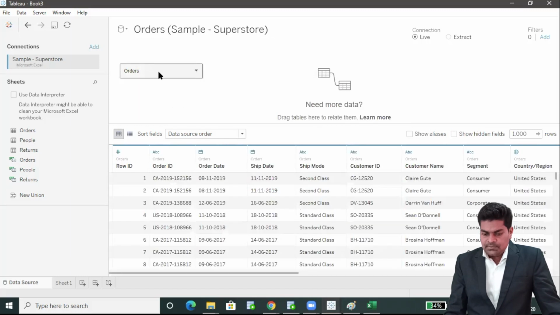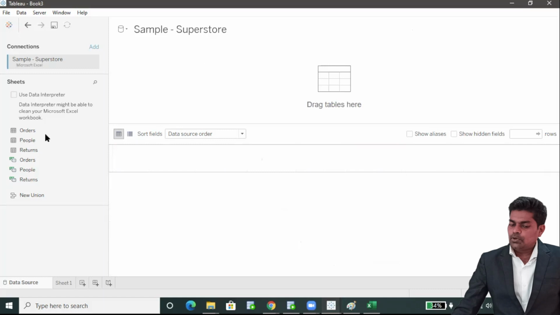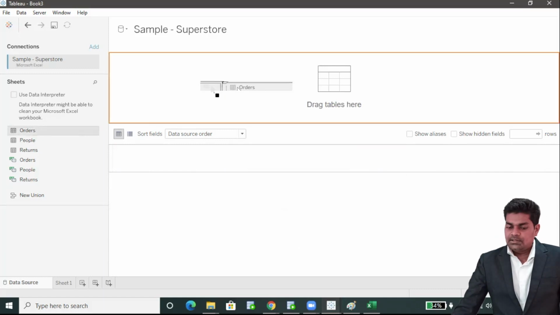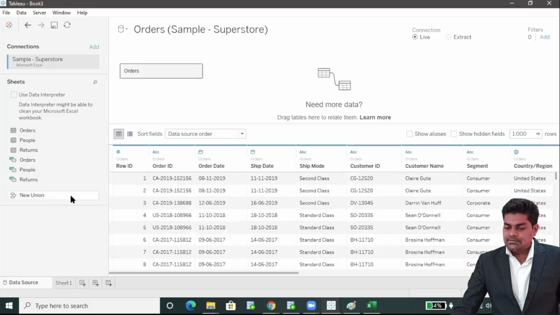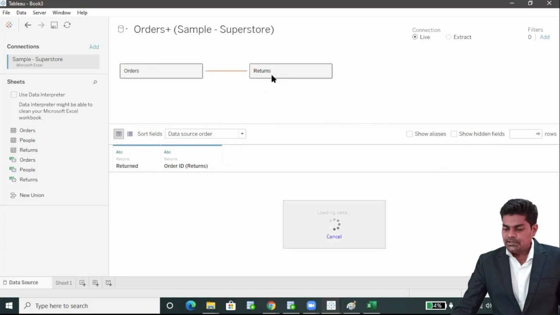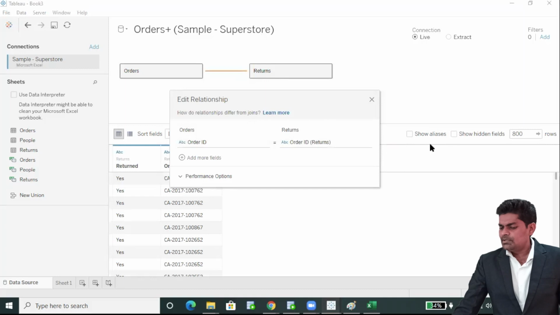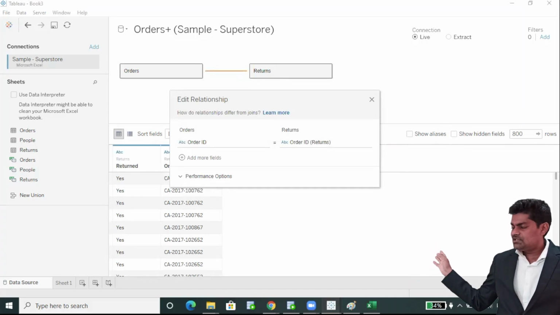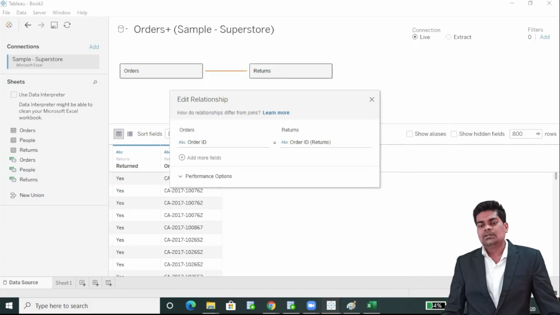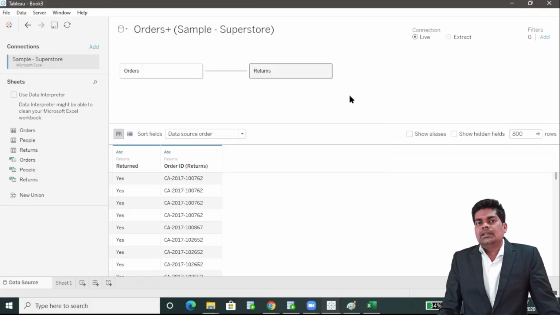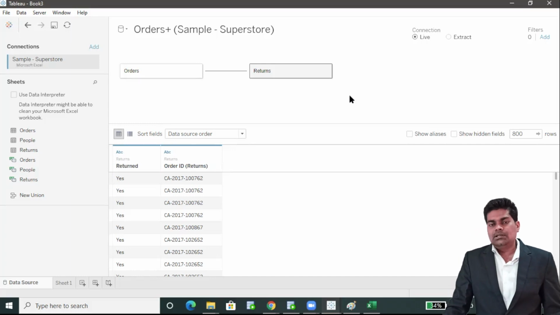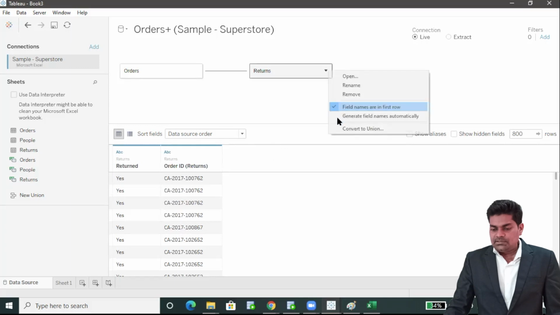So first we'll drag and drop Orders, then Returns. Order ID is common. Here its type is ABC text because we have connected with Excel, but generally we connect with databases, where all the standard data types are exact. Okay, so let me remove this.